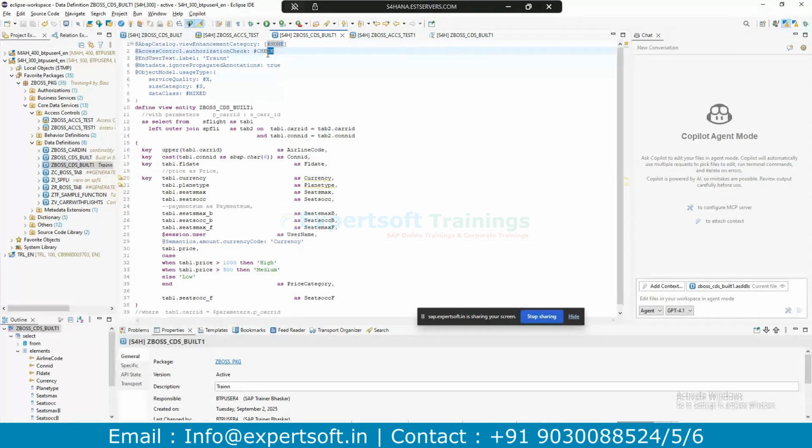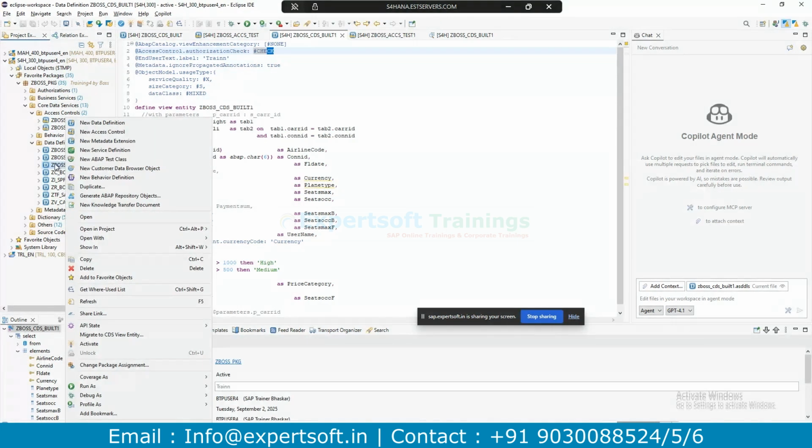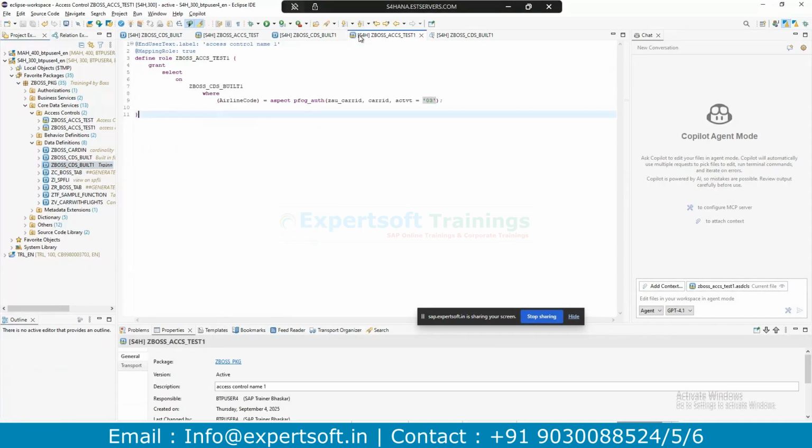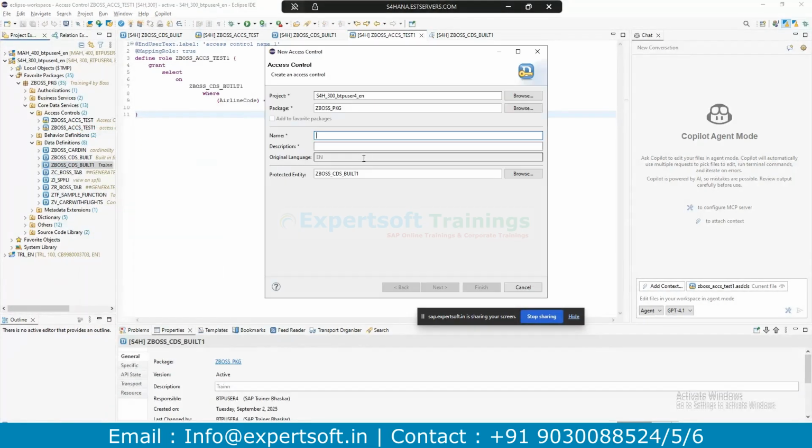Once it is done, create an access control on top of the CDS view: right click, new access control. Then you can give any name following the naming convention, and choose, I will show you the steps again, new access control.